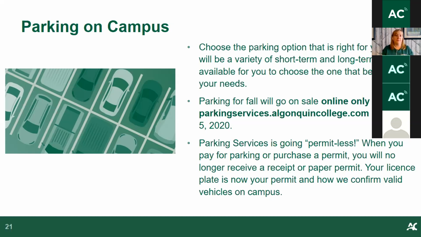You also don't have to purchase daily permits ahead of time. So you can come to campus, you can download the Honk mobile app, and you can do it right on your phone, or you can log into this website from the parking lot and purchase your daily permit on the phone. So if you don't know which day you're going to come, that's okay. You can do that when you get there.